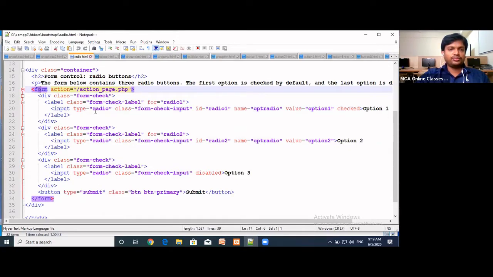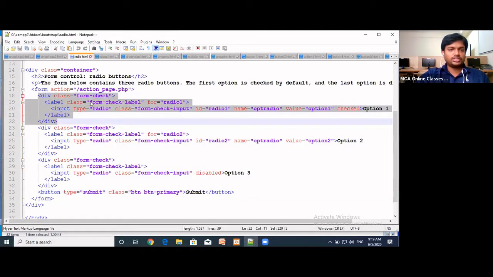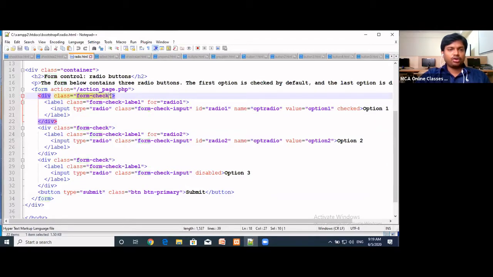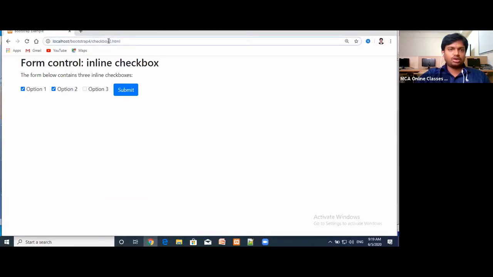Now I defined 3 radio buttons with one submit button. For defining radio buttons, first you have to provide the division tag and form-check, again the form-check-label class. Again in the input, you need to add the form-check-input class. So we can achieve radio buttons on our web pages.